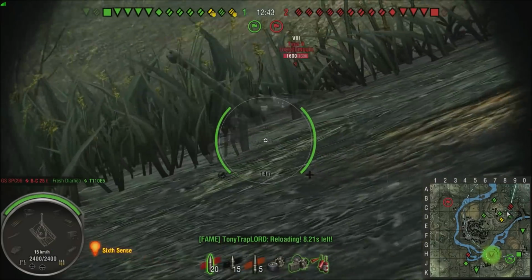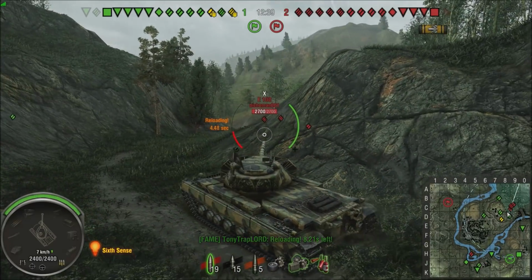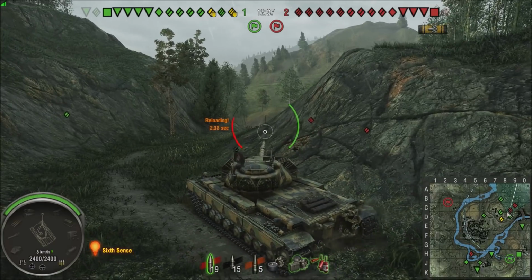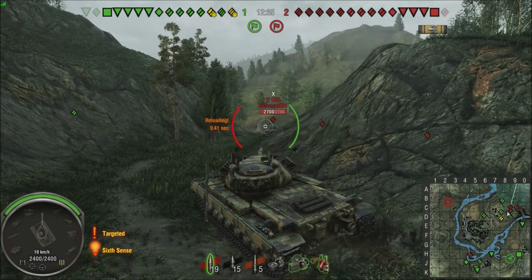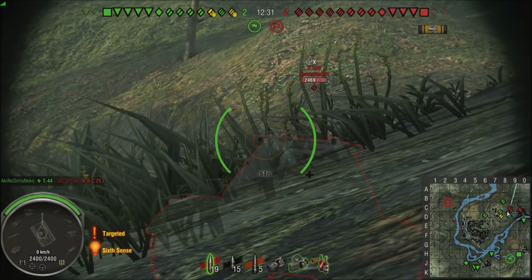Before I touch you. Hello. You're in trouble, Sunshine. You're in a tier 8. Let's do this. E100's like, I got this. Don't worry. I'll put a hurting on this Super Conqueror. He thinks he's tough. Yeah, well, you got big weak spots, so...